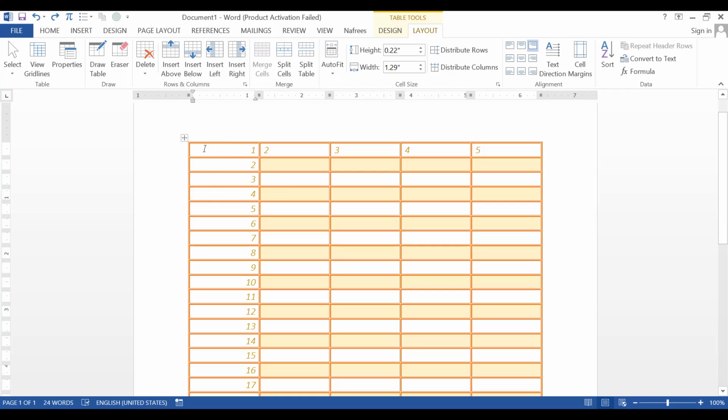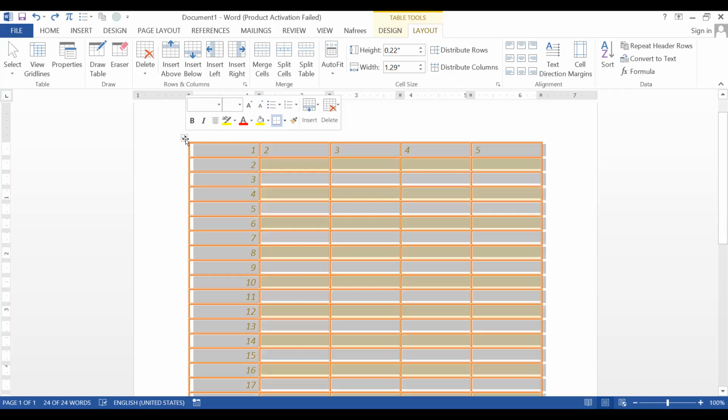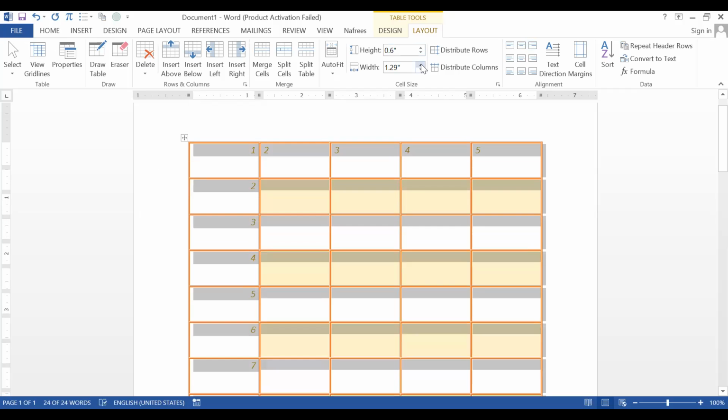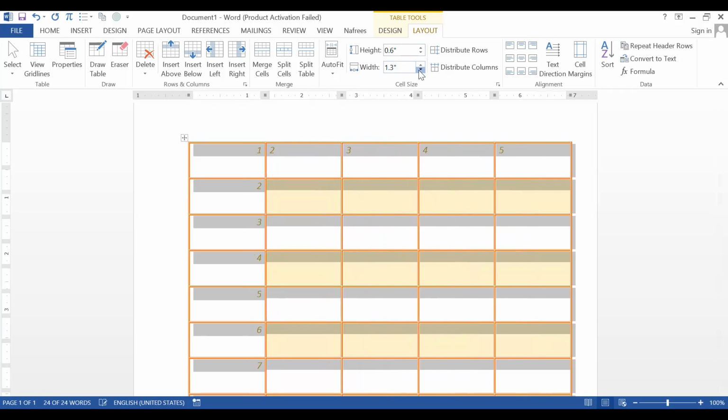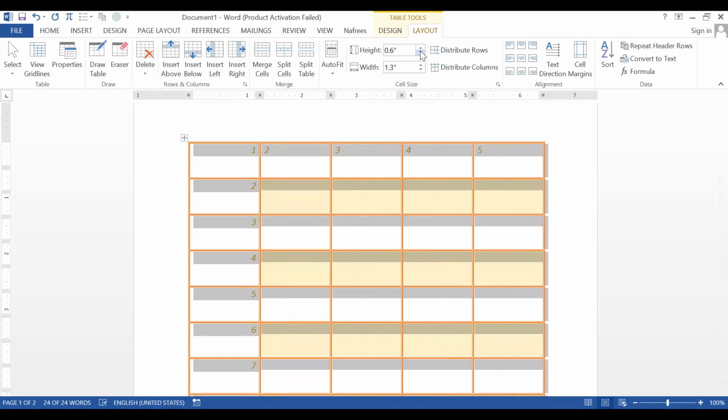I'm talking about the individual cells. If you want to increase the size of this cell, and if you want to increase the width of this cell, then place your cursor somewhere in it, or else select the table, and here you can increase. See, this is how we have to work with our table.